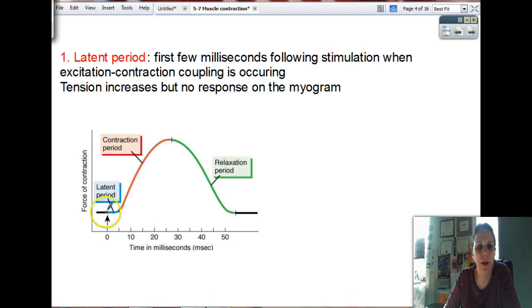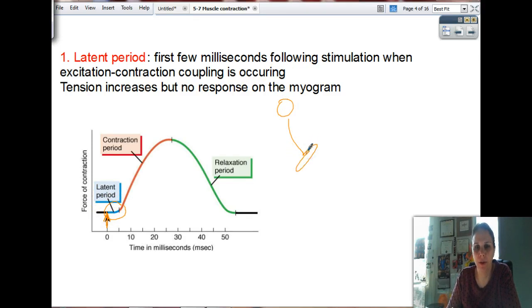The first phase right here is the latent period, and this little arrow right here is showing where I applied the shock to your muscle, or my brain sent this message down to your muscle. So it's just a few milliseconds long, and it follows a stimulation. And this is where the excitation contraction coupling is occurring. So this is where the myosin is getting ready to grab onto the actin. And so that takes a few milliseconds for it to go from your brain down there,